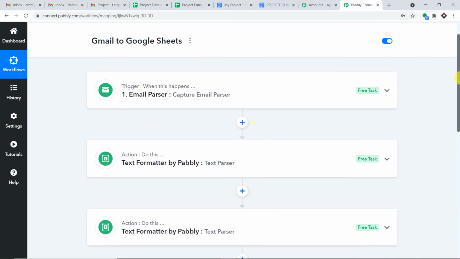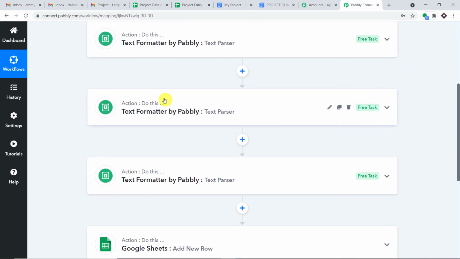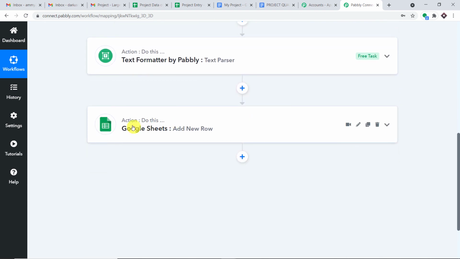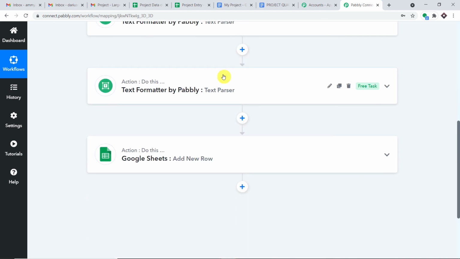So basically, this is the whole process in a nutshell. First, you integrated Gmail, or in this case, email parser. We are using email parser to receive the data from Gmail. And then you have introduced this action window containing the text formatter. Basically, you have isolated the project title. After that, you have used another action window containing the text formatter. This time, you have isolated the student name. Furthermore, you have used again an action window just to isolate the URL. And after that, you have integrated Google Sheets to Pabbly Connect. So now there is a perfect flow of data between Gmail and Google Sheet. So not just these two softwares, you can integrate multiple applications and automate your business with Pabbly Connect.